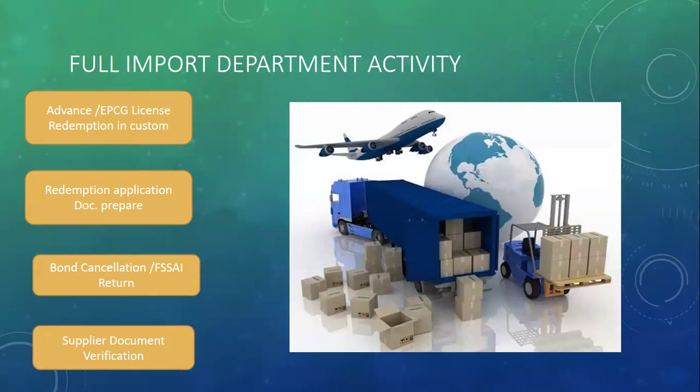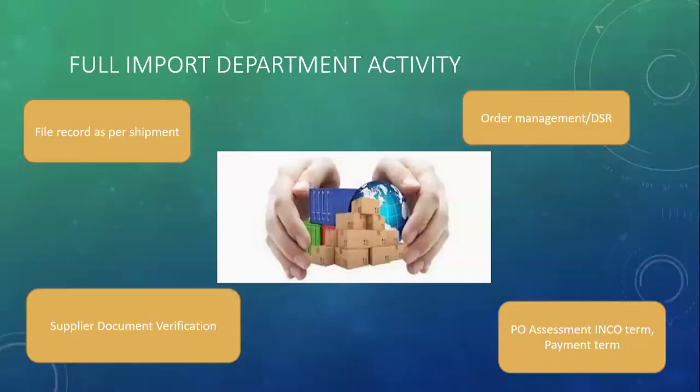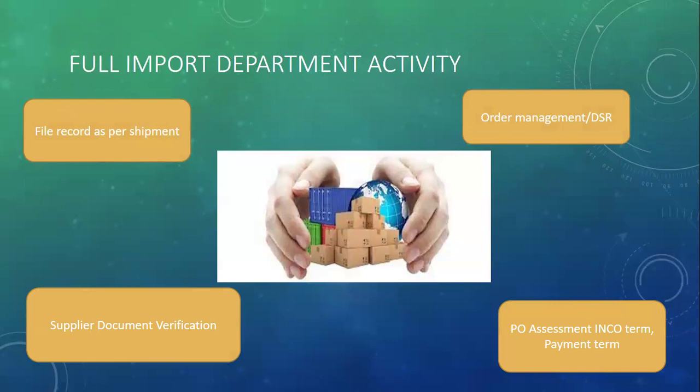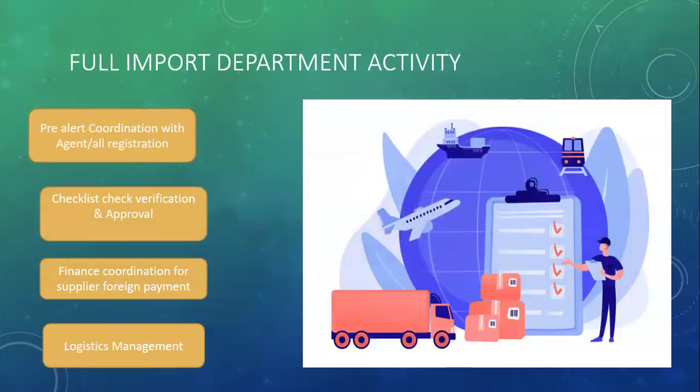Just like we are importing 15 containers of raw materials. At this stage, we first check the price of the product, Incoterms, and payment terms. These things need to be negotiated before importing the goods. Then, as per the Incoterms, we need to appoint a freight forwarder.